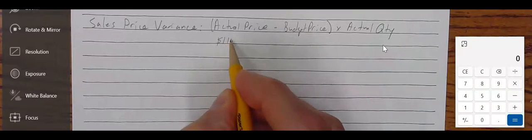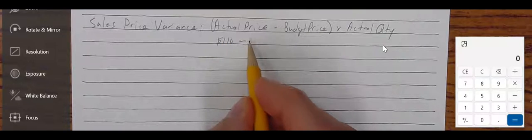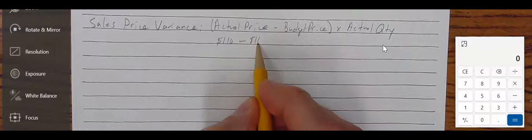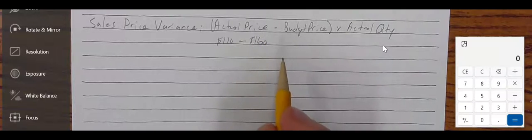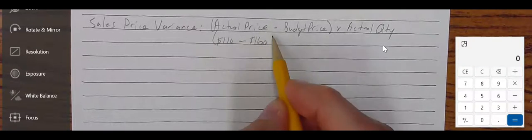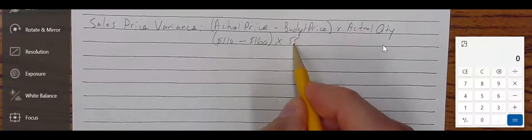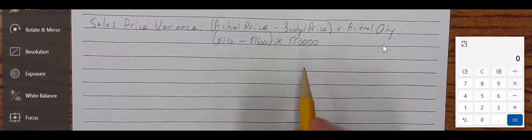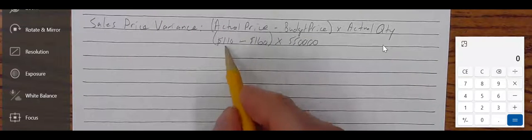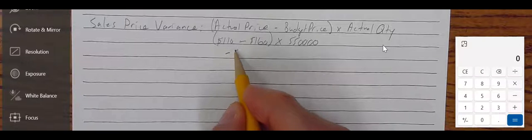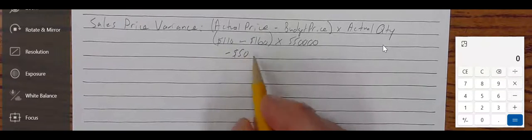We have $110 actual minus $160 budgeted, times 550,000 actual quantity sold. And so let's calculate this. I think we can do this. So we've got a negative $50 times